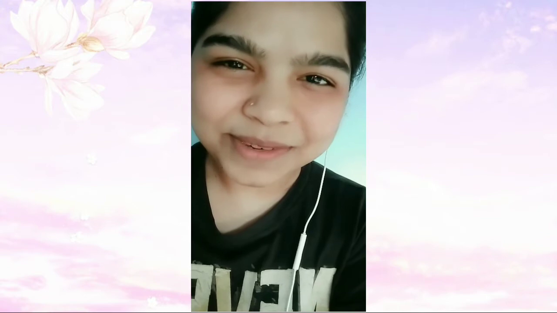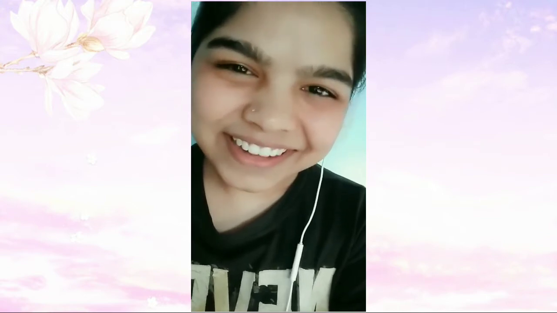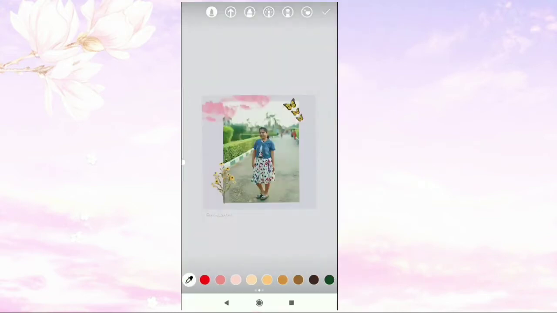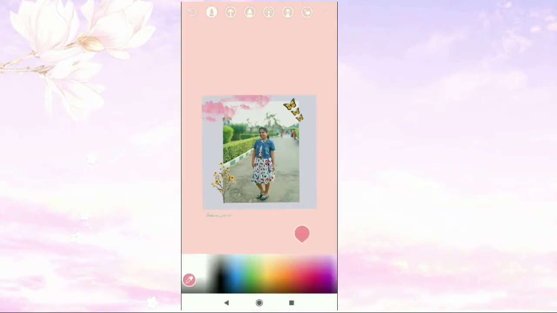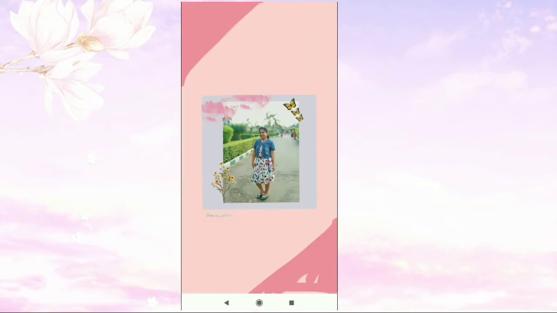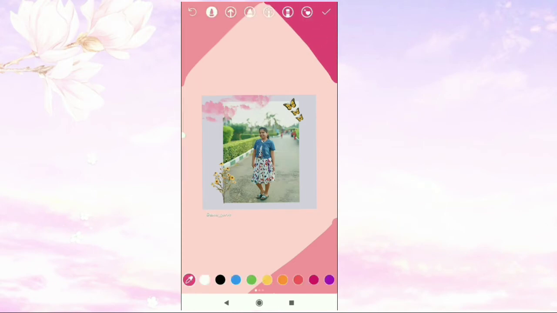Some cute Instagram story ideas. So let's start. Take any photo from your feed, change the background color, draw on both sides, then take dark pink color, select fourth option, draw the dots with yellow color,